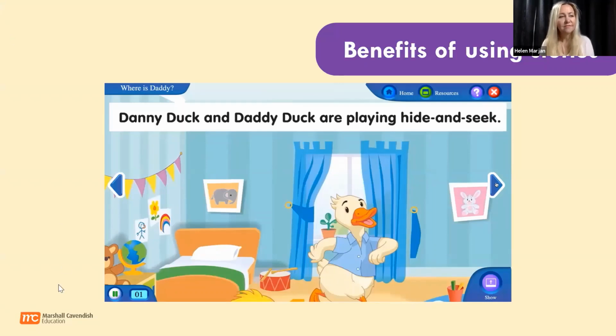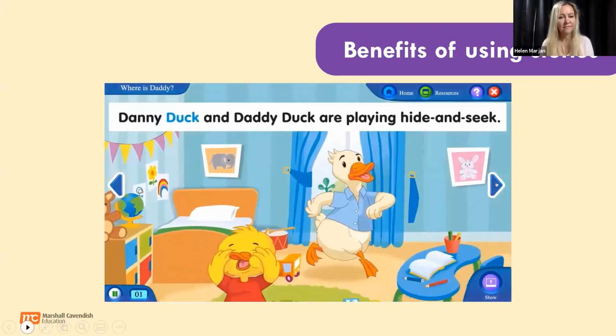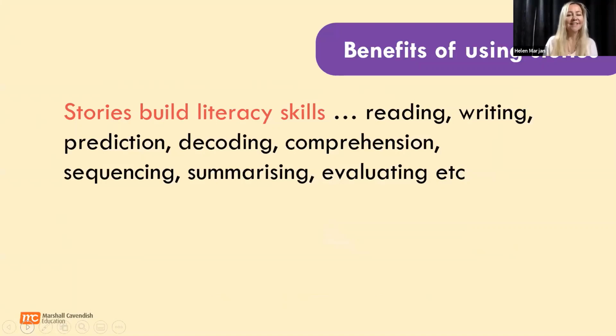Okay, so stories also build literacy skills. Now, First Steps is first and foremost a language program, but one of the other benefits is that it builds reading and writing skills.